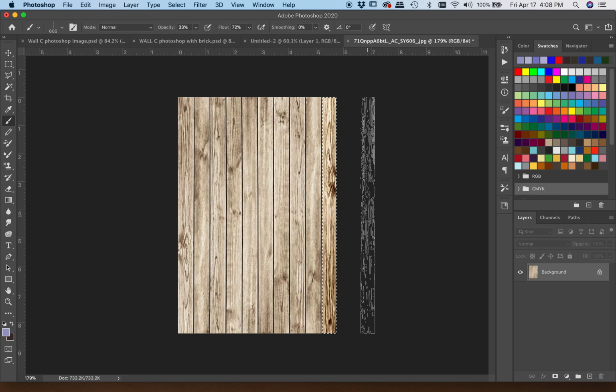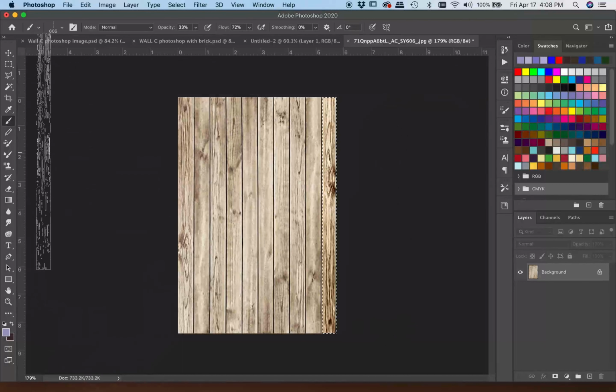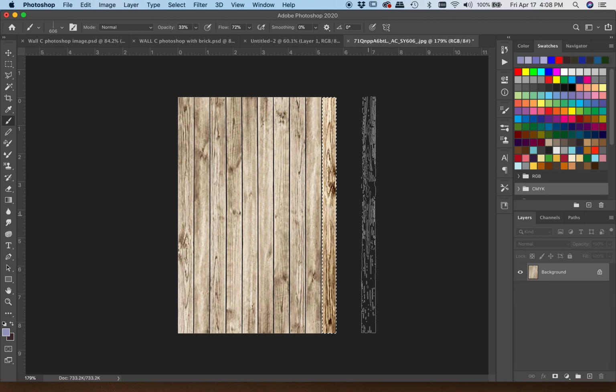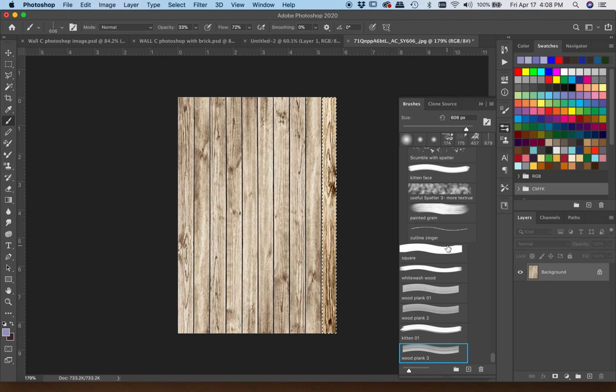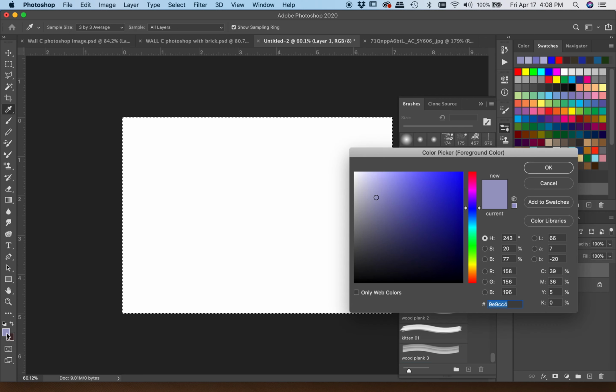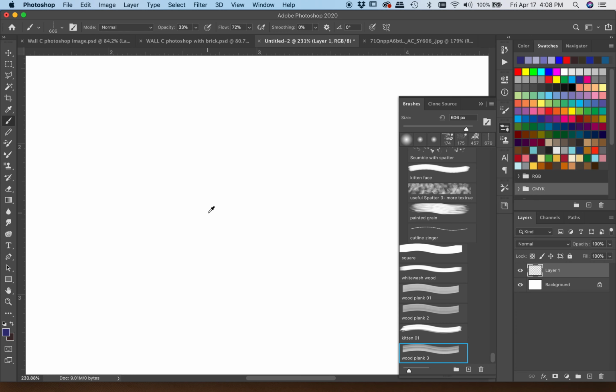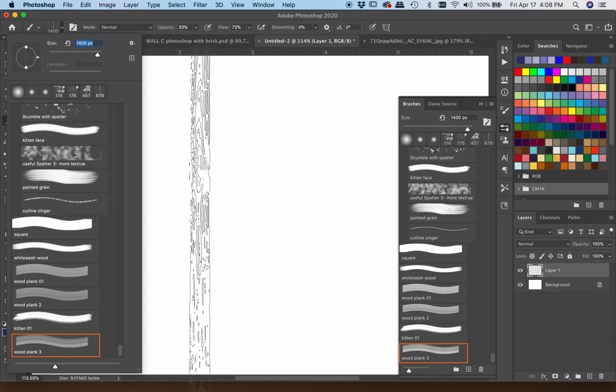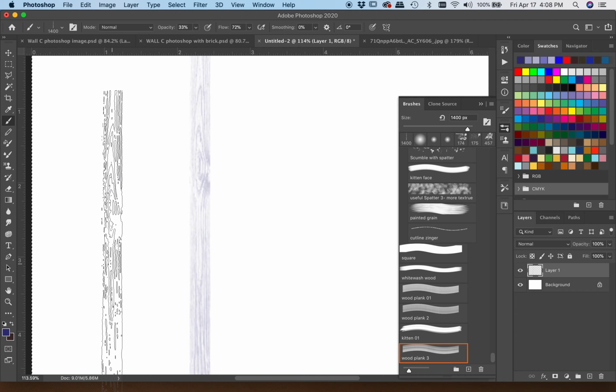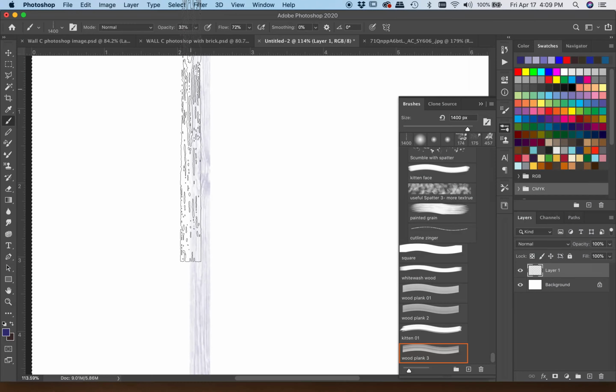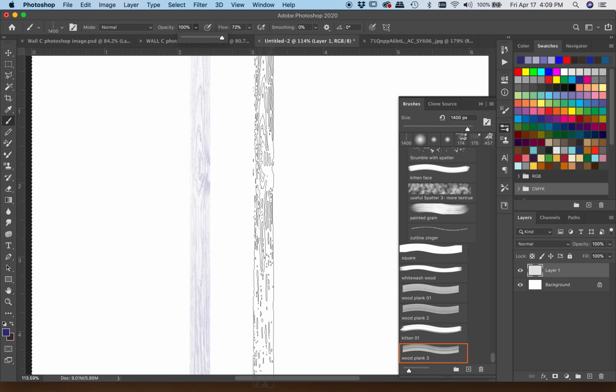And once you have done that, you can see on the screen here that it has created a brush. I'm actually on the brush tool, and so there's my brush. And if I go to my brushes, it's already selected down here. So if we go into a new file then, depending on which color you have chosen, it's going to use that color as a basis for the texture. So if I just click, right there you can see the amount of texture. My opacity was down pretty low, so let's bump that up and we'll see it even better.